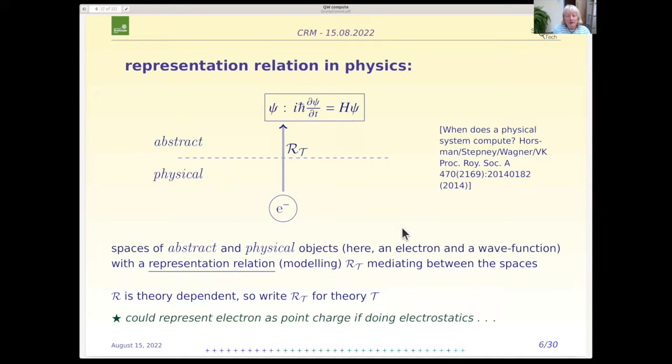So in order to relate the abstract and physical in the way I've set this up, let's think about how we would do this in science. We have something physical like an electron, and we go on to represent it. We're going to do quantum mechanics here, so we want a wave function for it. And there's Schrodinger's equation and some suitable Hamiltonian to represent the energy and dynamics of the electron, depending on its situation. And now in order to relate these two,